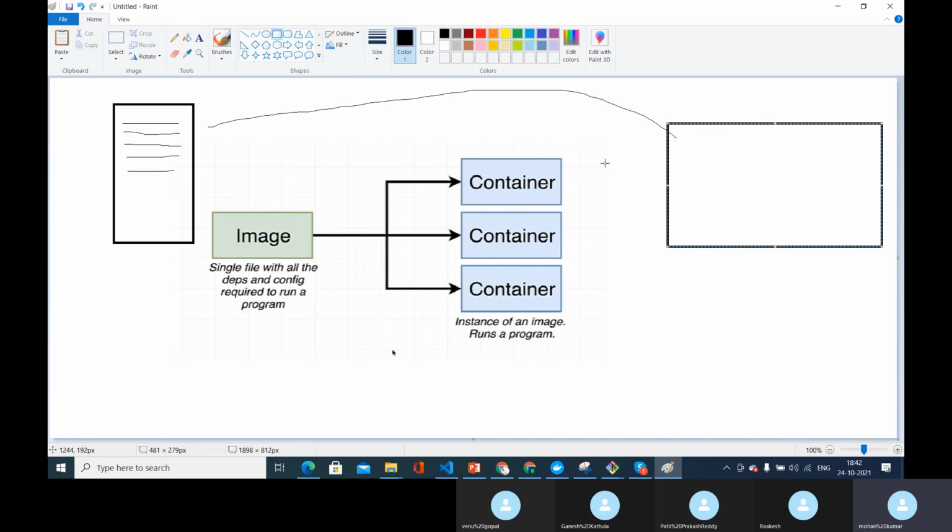So we came across a few terminologies: one is client, one is container, and the other is image. We also understood the actual use of containerization in these DevOps platforms, and how it is eliminating the dependencies from the operations team to the development team. So we understand why we use Docker and what Docker is. This much we have learned till now. Hope this is clear for everyone. If yes, we can move further to the other things.